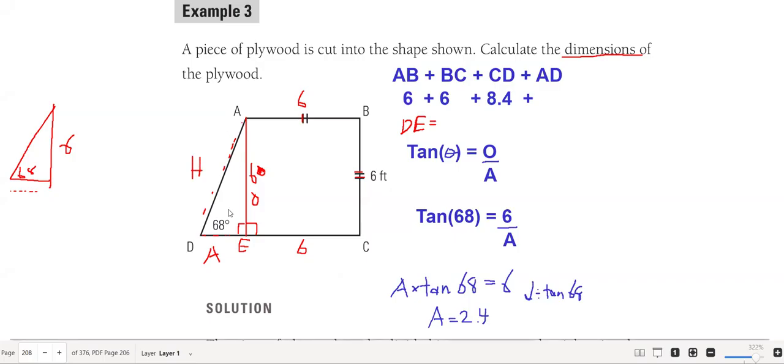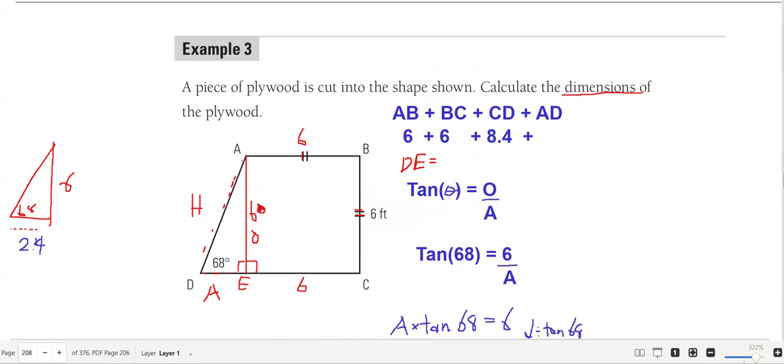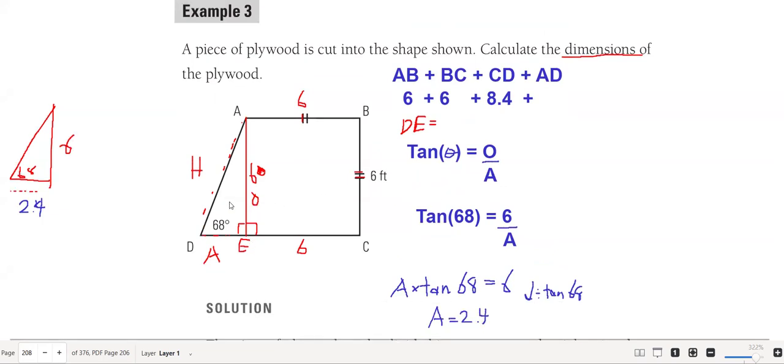Well, there's two ways I can do it. I now have a triangle. I can either use Pythagoras, or I can use trigonometry. I don't care which one you use. It's all the same thing in this case. It's going to give you the correct answer. So I don't care which one you use. I'm going to use Pythagoras just because. Good practice, right? So now to find AD,